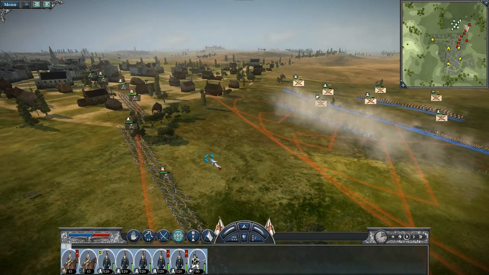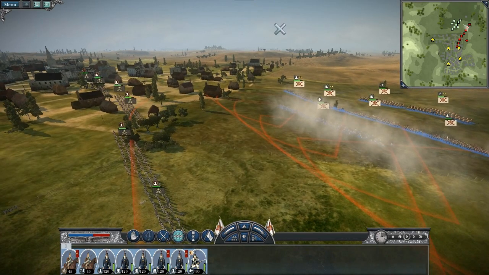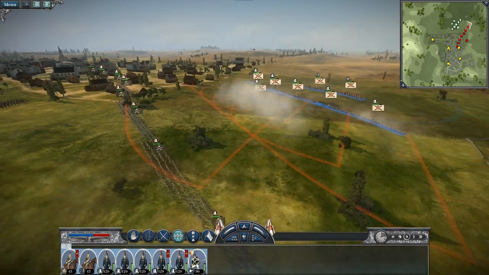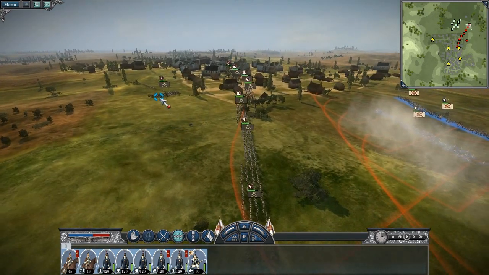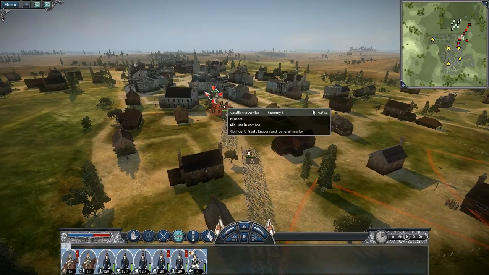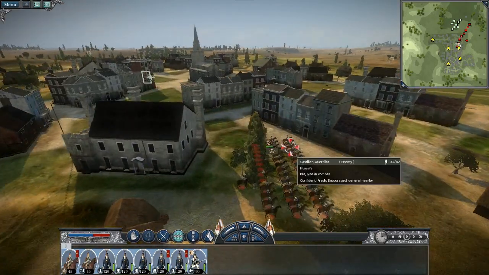on those troops. But I don't want to push too much further forward, or else I might accidentally get their troops within range of my light infantry. So this will set me up here. Let's see what kind of cavalry the rebels have. They have a unit of hussars there, and another unit of Castilian guerrillas